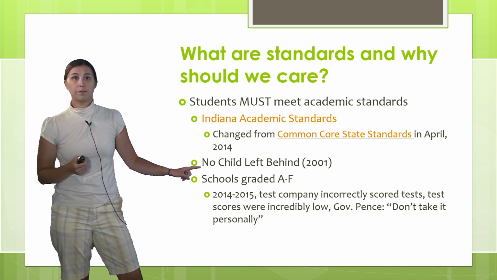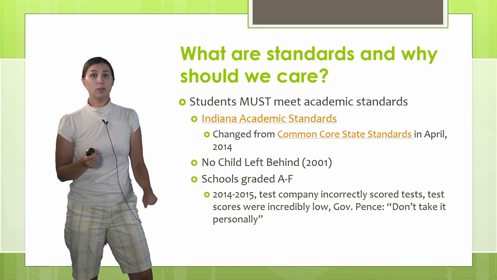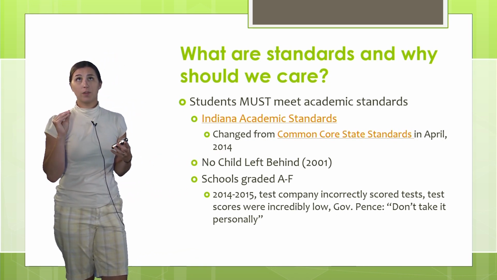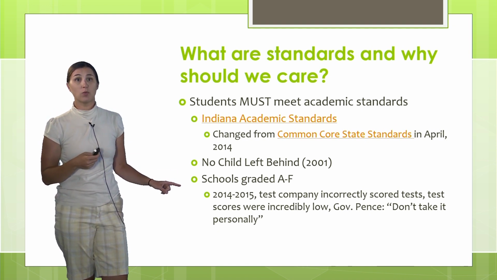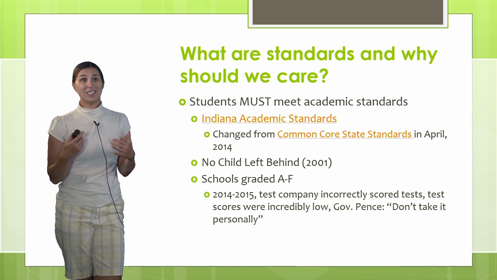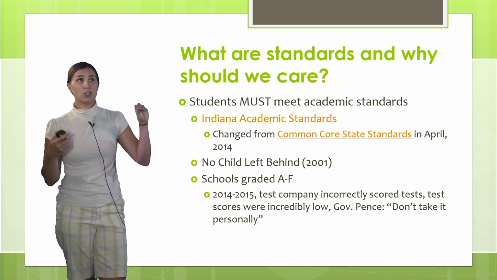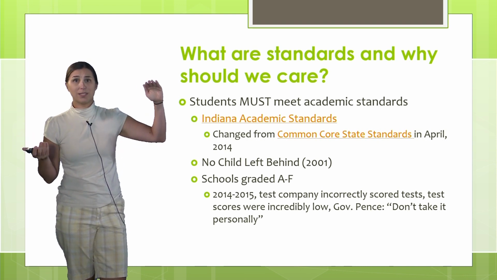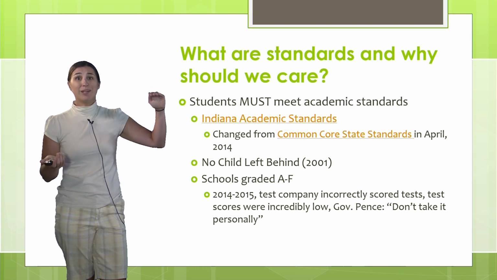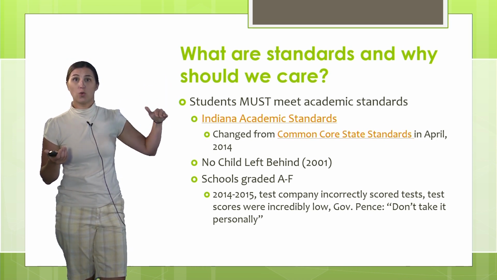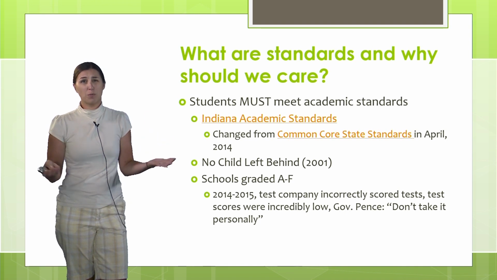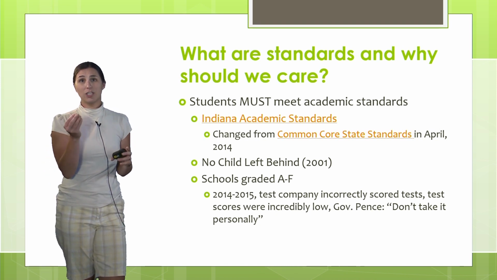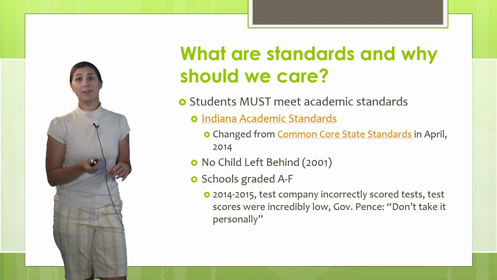No Child Left Behind was the first federal law that was taken on, and it was very restrictive. It said that schools would actually be graded A through F. The way they did that was, let's say your 4th graders in 2013 scored relatively well, maybe 80% on their English language arts. But then the next year, your next group of 4th graders scored 76%. Let's say that group of students just wasn't as bright as your students before. Well, that actually lowers your grade as a school. So you would have gotten a lower grade.